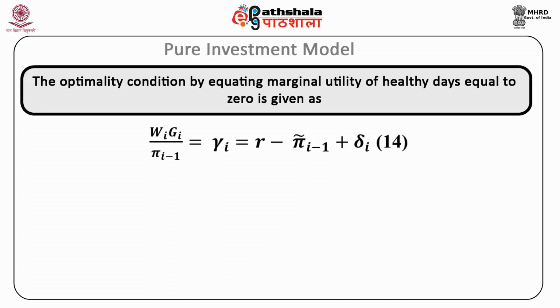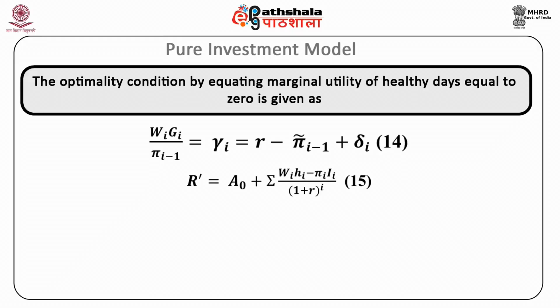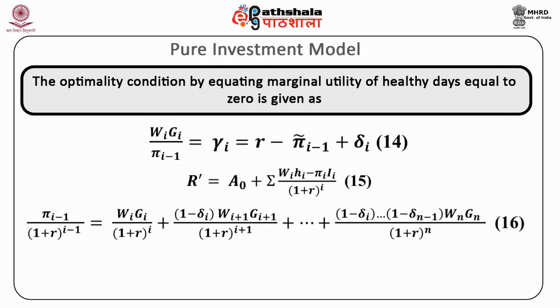By eliminating health from the utility function, the full wealth constraint is R dash is equal to A0 plus summation Wi into Hi minus pi i into Ii upon 1 plus R raised to the power i. Equation 15. The optimality condition obtained: pi i minus 1 upon 1 plus R raised to the power i minus